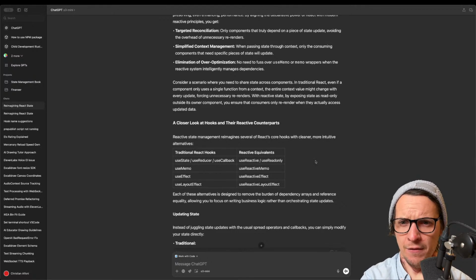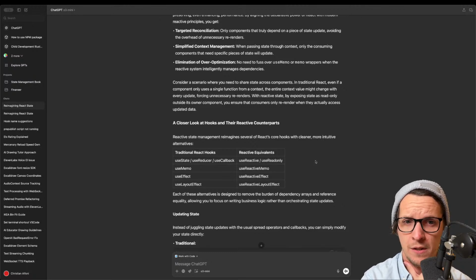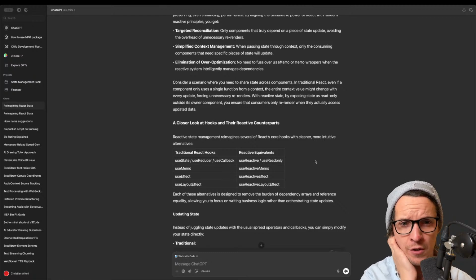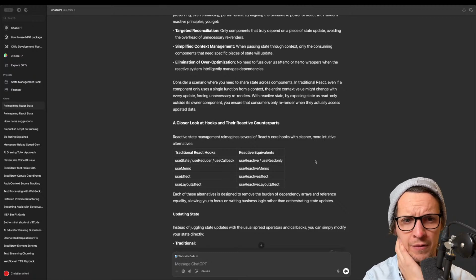In traditional React, even if a component only uses a single function from a context, the entire context value might change with every update, forcing unnecessary re-renders. While with reactive state, by exposing state as read-only outside this owner component, you ensure that consumers only re-render when they actually